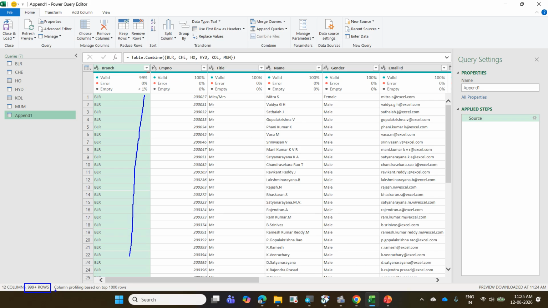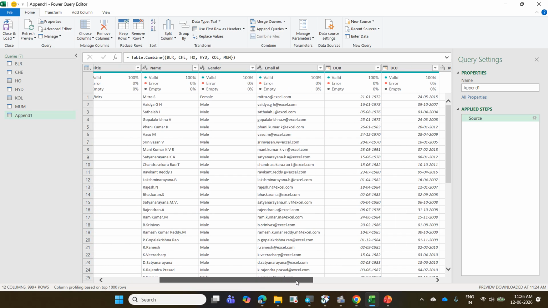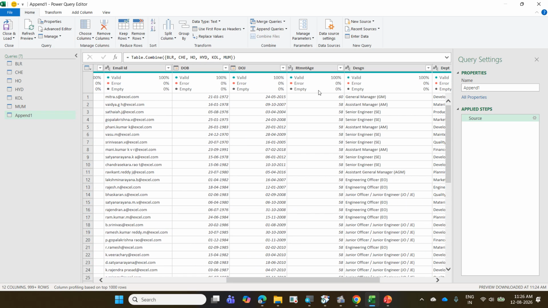Because in branch I am getting gray, but when I go to retirement age, there is no gray here, as in the first 1000 rows there is no gray. So let me go to column proofing based on top 1000 rows. Instead of top, I will make it entire data set. Now I am getting some grays. Maybe after 1000 rows, there may be some gray. That's why it's always better to check the entire data set if your rows are more than